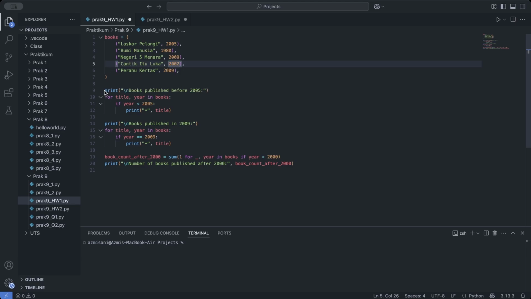And to do that, I did print and then books published before 2005. And then here we have a for loop here. We have for title, year in books. If year is under 2005 or released before 2005, it will print the title in front of a bullet